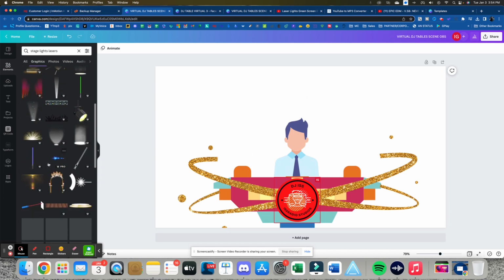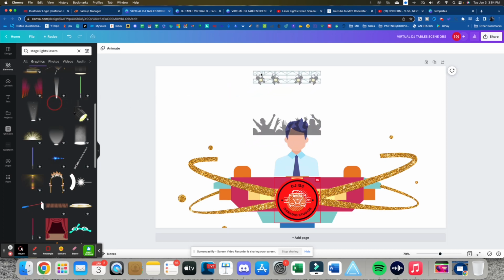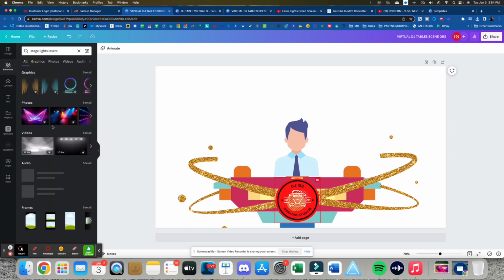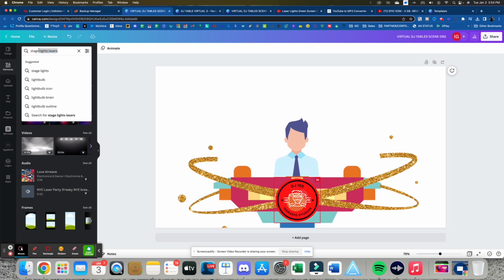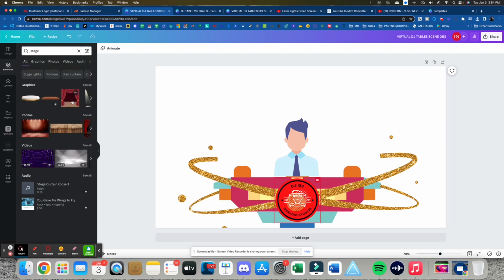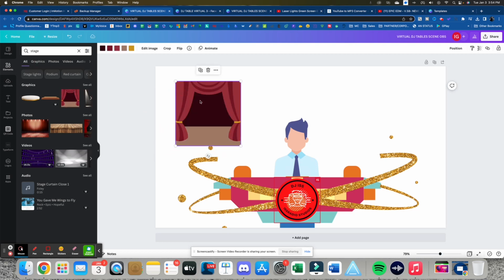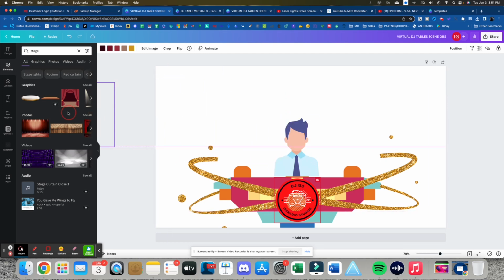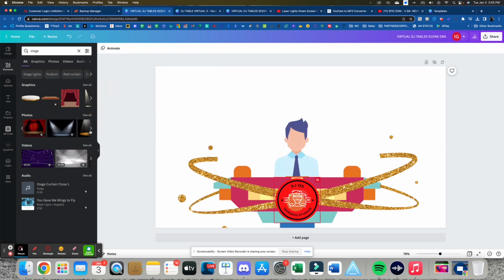So the last stage that I just used, you can actually put some strut lights up here. You could do that if you wanted to. But for this example, we're actually going to go back to the one I was working on earlier, which was just a stage. And again, it will look a little cheesy, but for this example, it's just to show you what you can do. So this is my stage that I want to kind of work on, but I want something that's see-through. So I'm going to go here, my graphics,